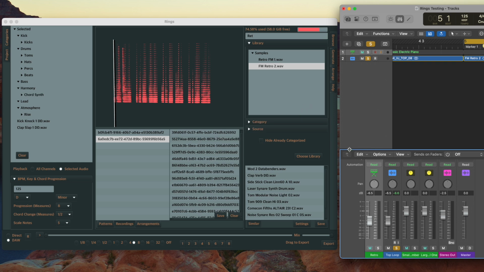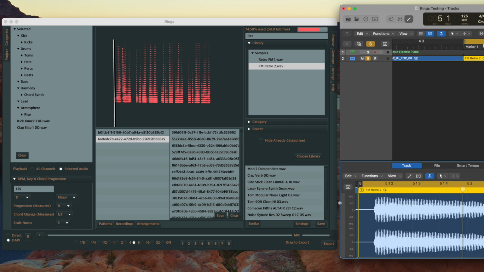And if you want to mess with them a little bit more, you can always drag them back into the audio workstation, and then once you figure out exactly what you're trying to do, you can bring it back in, right? So always